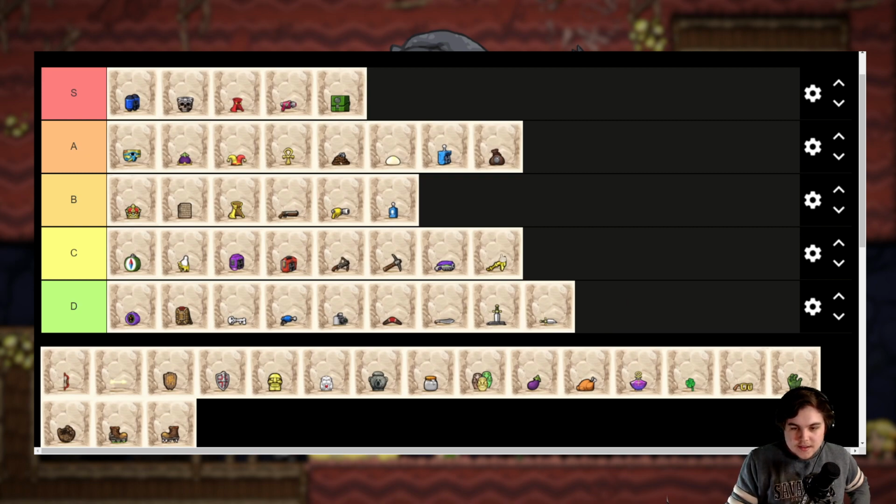C. And dude, I'm really tempted to put this in D, but because it's so useful on the floors you do get it on, it's a C. But I never see it. And honestly, if you're just trying to win, you'd go Tide. So because you get to save your